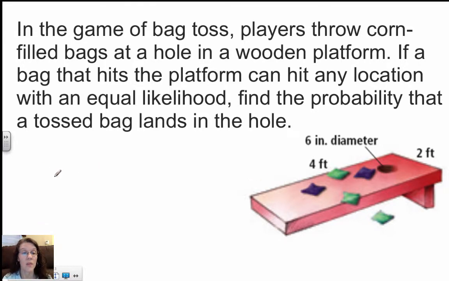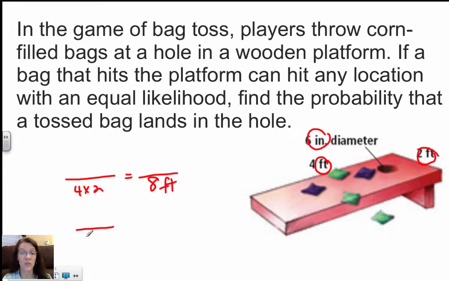Okay, so let's think about that. Did you catch the trick here? This is in inches, and this is in feet. So you have to be careful there, don't you? You have to put them in the same units. So if you did 4 times 2 for the area of your total, that would be 8 square feet. Otherwise, you'd have to put it into inches. 4 feet is 48 inches. 2 feet is 24 inches. And I would need to multiply that out to find that. If I take 48 times 24,